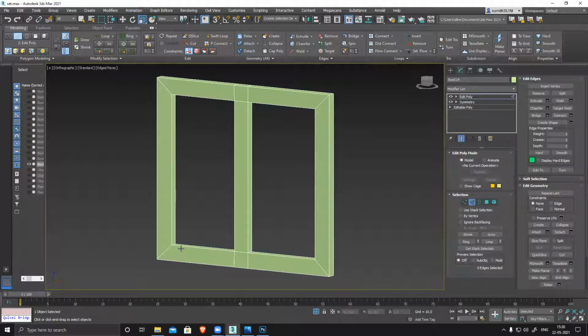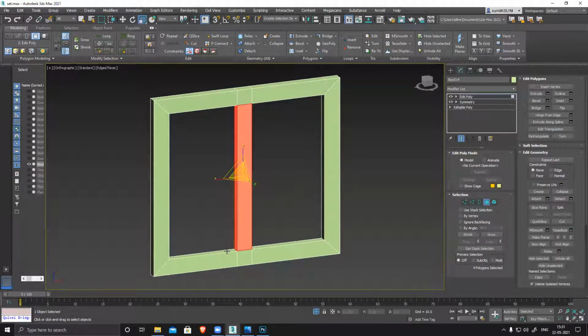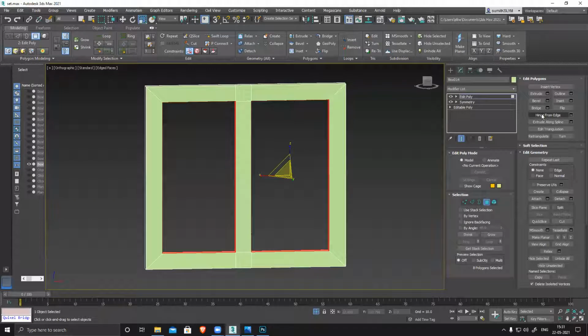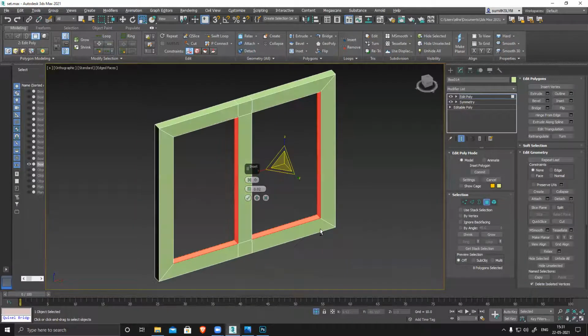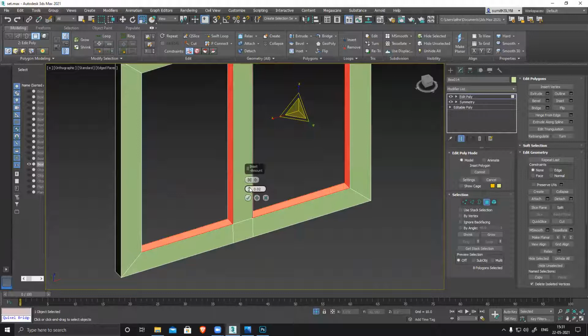So how to do it? What we can do for that? There are two ways. Select this, click on inset, create that inset frame.